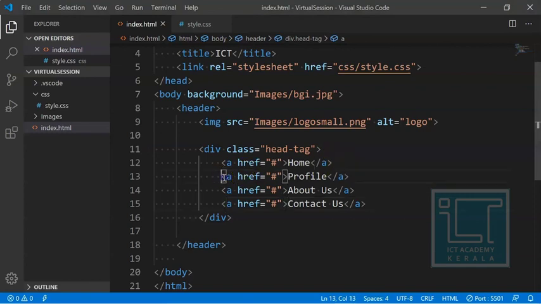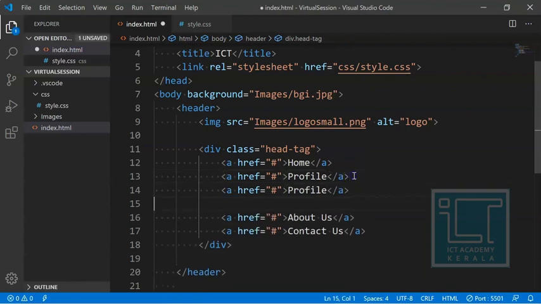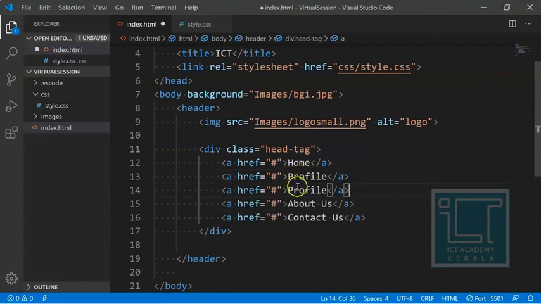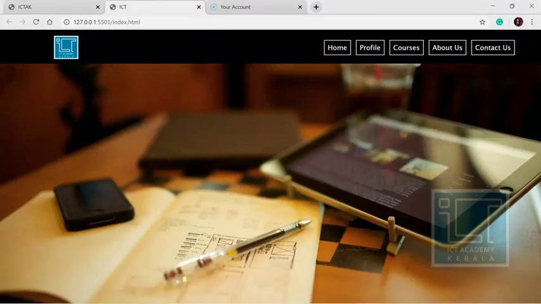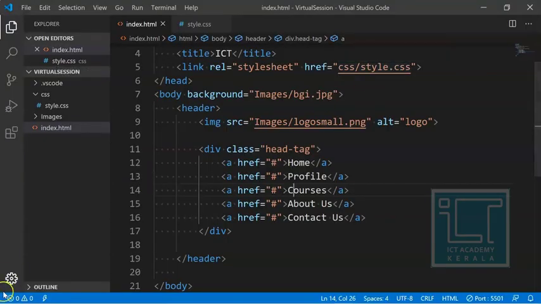I would like to copy this and set courses, so that it will be similar to our real website. See, right now it's almost similar because we have 1, 2, 3, 4, 5 anchor tags. Okay, fine.